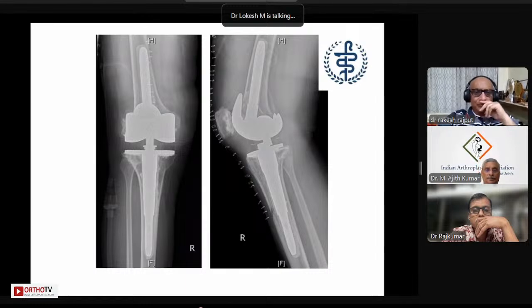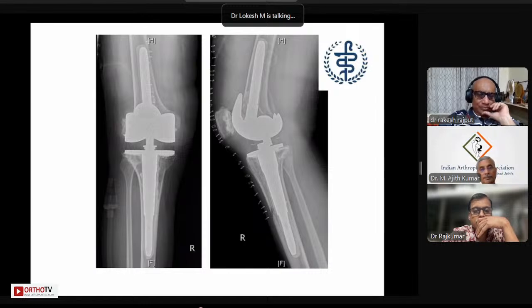So we did an osteotomy. In spite of that, we couldn't evert the patella. So we went on to do a tibial tuberosity osteotomy. Then to release the soft tissues, we had to do a femoral peel to do the arthrolysis. So we did a femoral peel and then took the femur and tibia cuts, femur with 5 degrees valgus and